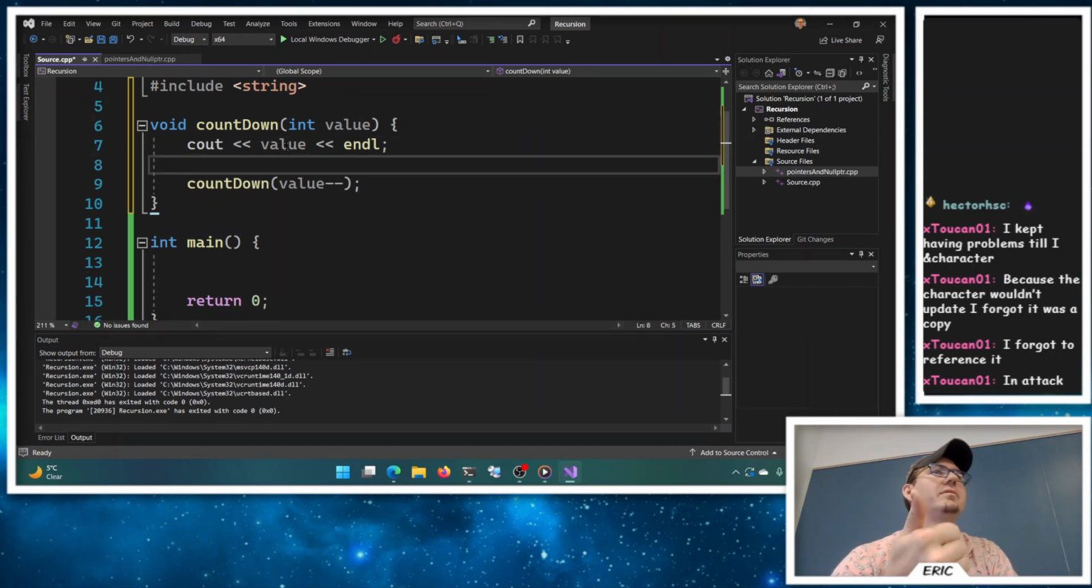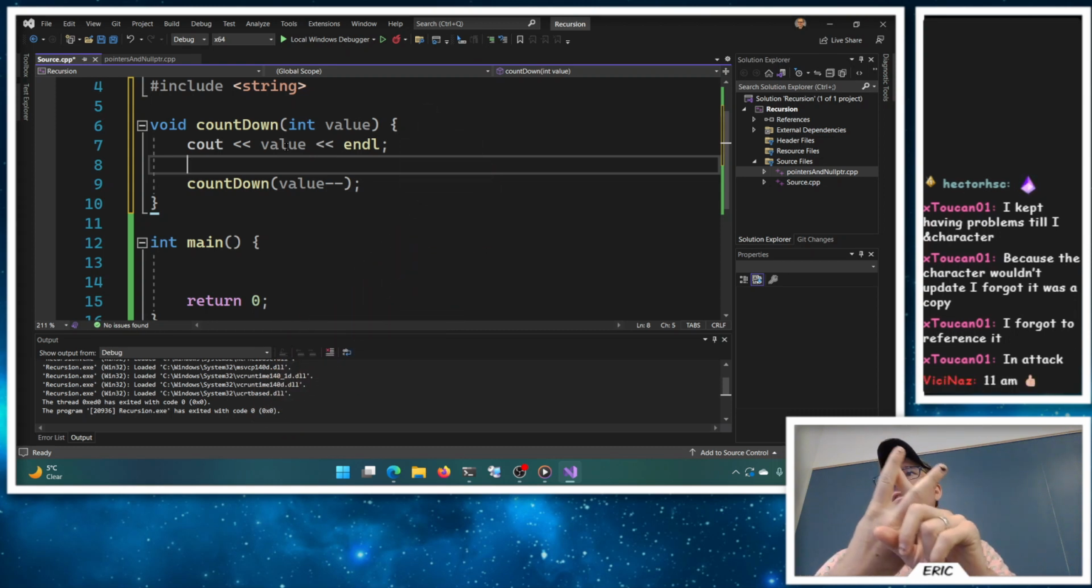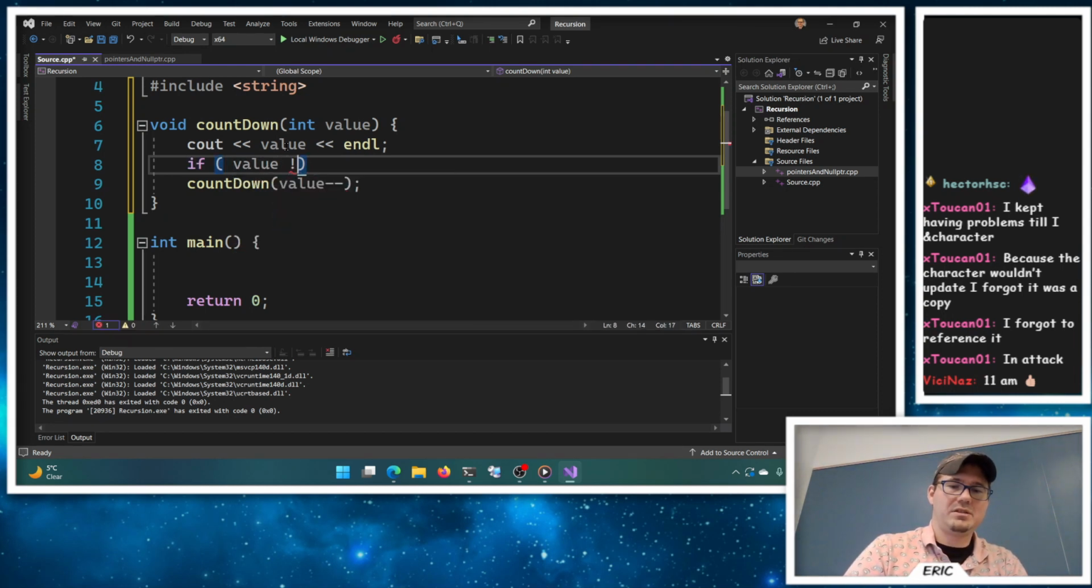With any recursive solution, you need to identify two things. If you don't identify these two things, don't use recursion. The first one is, do I have what we'll call a base case? Do I have a simple solution? Do I know when I'm done? Well, countdown is done, we'll say, when we get to 0. So if value does not equal 0,